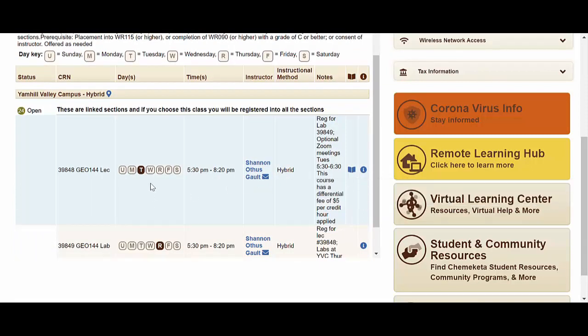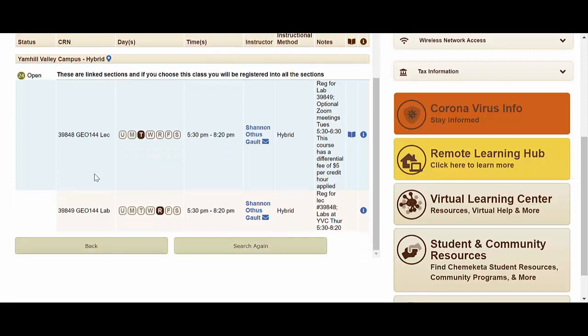The class scheduled time is Tuesdays and Thursdays, 5:30 to 8:20. The lecture portion of this class, you'll see you have a lecture and a lab, and you have to register for both. The lecture has an optional Zoom meeting, 5:30 to 6:30. The lab, however, is on campus at the Yamhill Valley campus on Thursdays from 5:30 to 8:20.